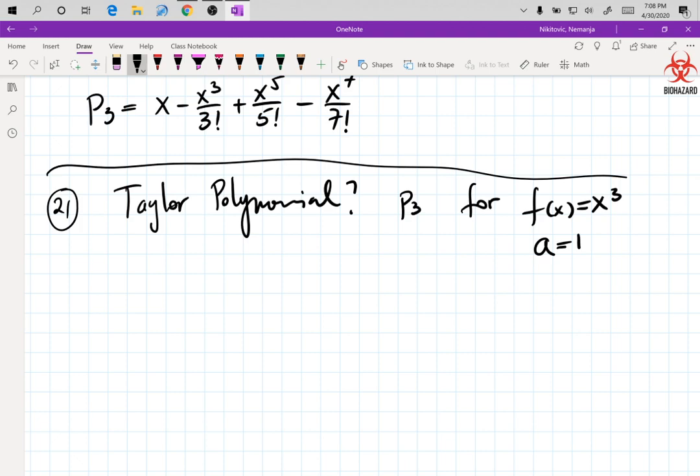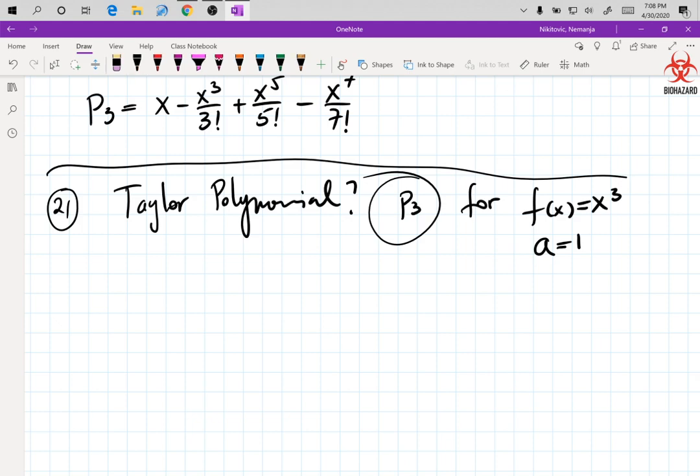Now, why would they want to center it at 1? Maybe you're supposed to calculate 1.27 cubed, right? So you're centering it at 1, so it's an easier calculation. Anyway,